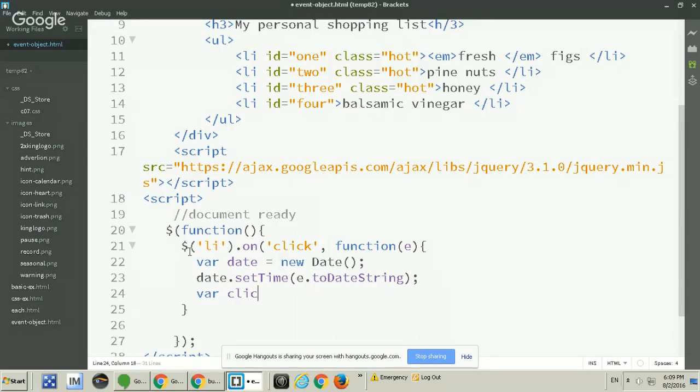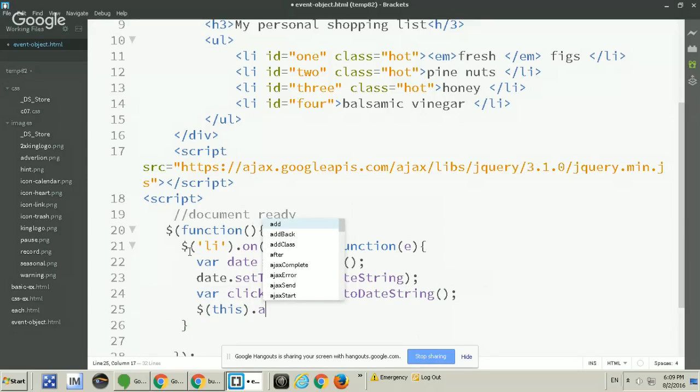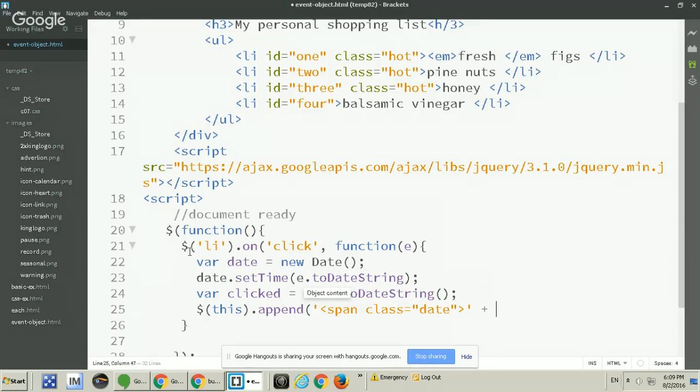And then var clicked is equal to date dot toDateString. $this dot append, span class equals date, plus clicked, plus space, then another plus to concatenate, plus space, plus e dot type,